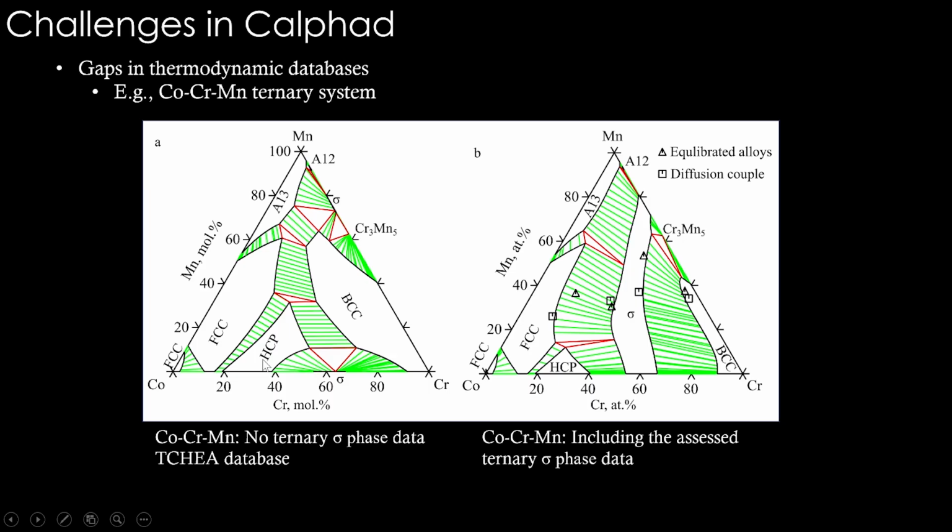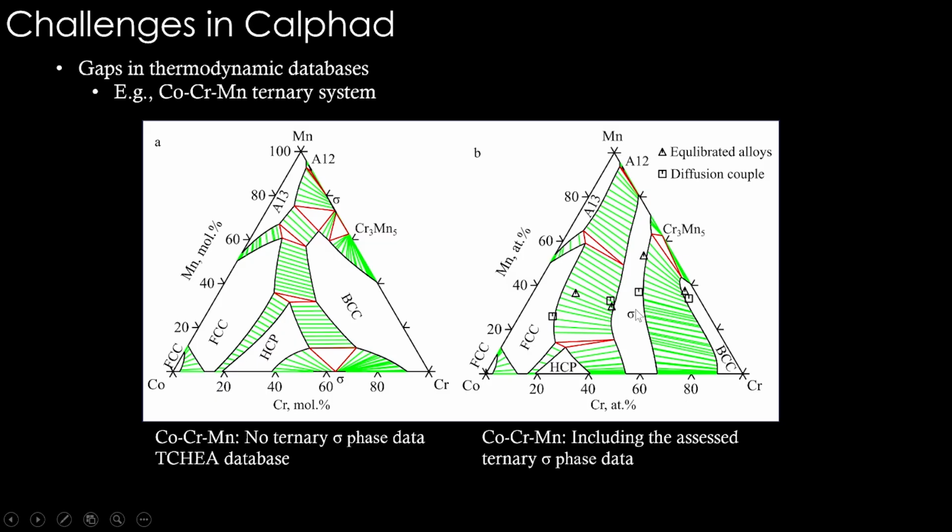And what is included in the model is the terminal solid solutions, the FCC, BCC, HCP, the A13. For these phases, the solubility in the ternary regime is included, but whether these solubilities are accurate or not, we will not know unless this sigma phase extension into ternary direction is known. So if some experiments are done within this range, let's say a few experimental points are here, you can see there are these triangles, these are all equilibrated alloys. If you take these compositions, just equilibrate it and see, what you see is sigma phase in all of them.